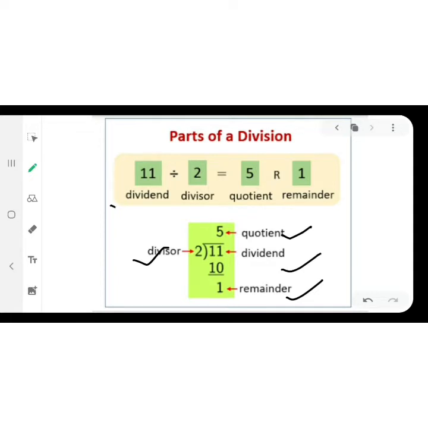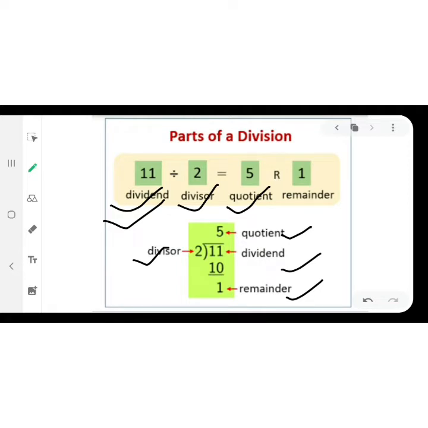dividend. Dividend is the number which is to be divided. Notice well, the number which is to be divided is known as dividend, and divisor is the next number which helps in the division. That means that divisor's number is to be read as a table and we get the answer. So the next number is divisor. After reading the table, whatever the answer you are getting on the top, that is known as quotient.